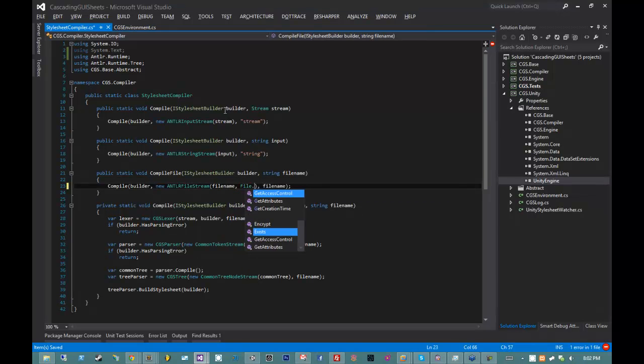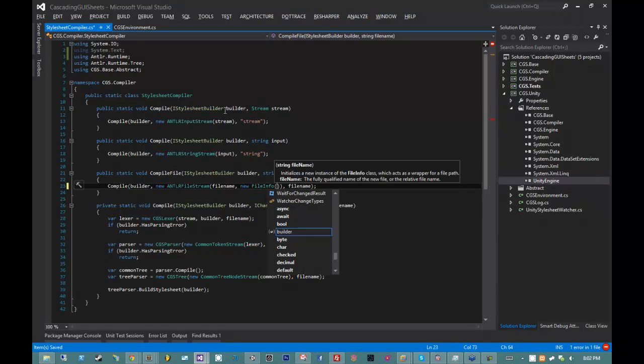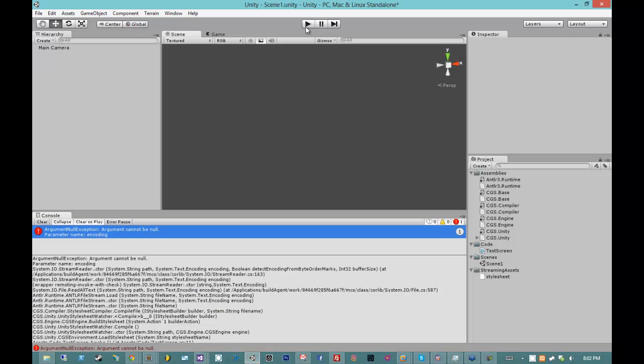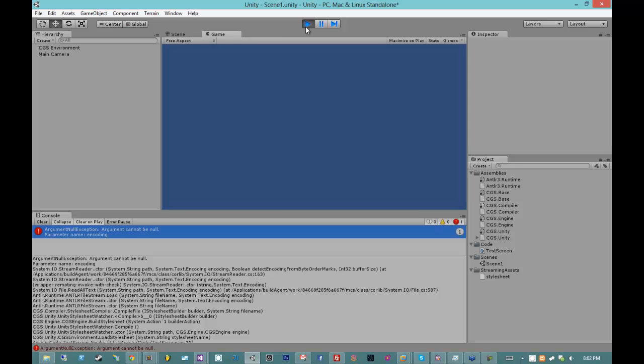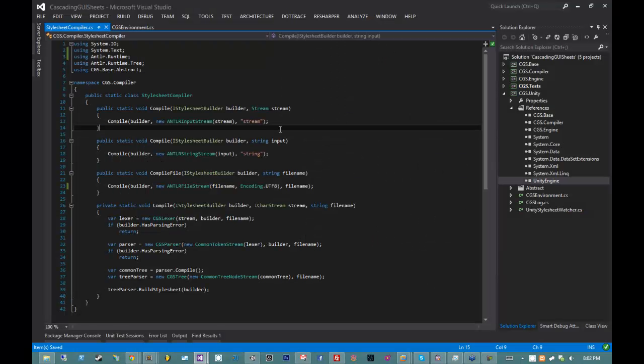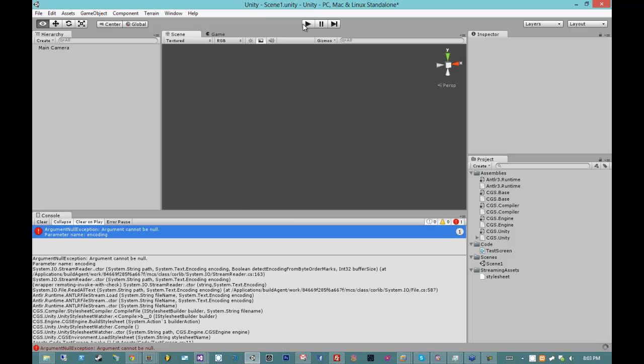It's gross. I wonder if there's a get encoding. Wait a second, of course there won't be. That's dumb. Why did I even suggest that? Let's just assume everything's in UTF-8. I mean, that'll work if they're in ASCII as well, so it doesn't matter. And if there's a BOM, it'll ignore it. Still can't be null. Probably because I forgot to recompile. That's the one annoying thing about having multiple projects, is you have to be sure to recompile them, jump back into Unity, and then